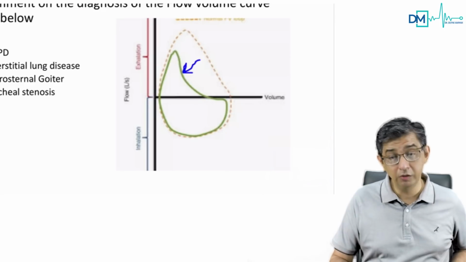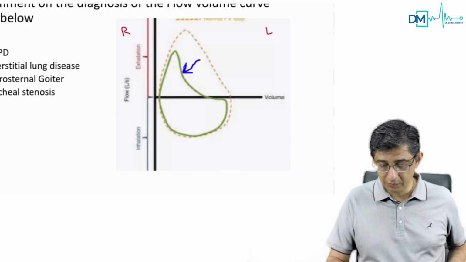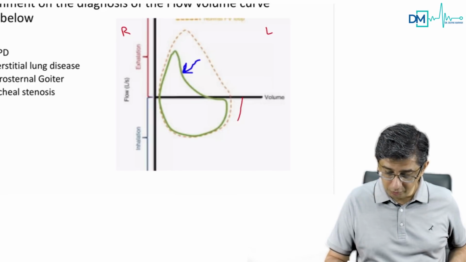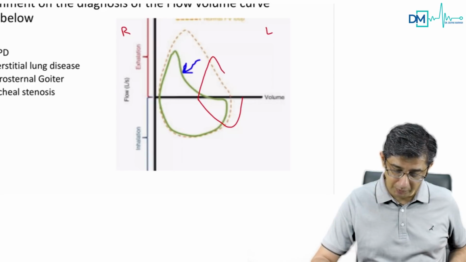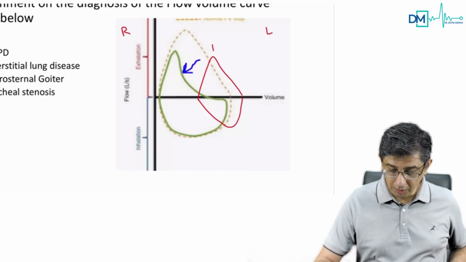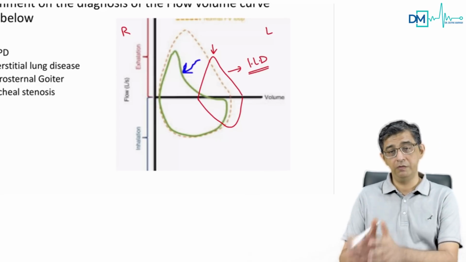Restrictive lung disorder, the curve will start a little towards, let me say this is left, this is right. So this will start slightly on the left, the lung volumes will be reduced, and then you will notice a beanie cap appearance. This part will be very pointed. In patients having interstitial lung disease, there is a shift of the curve. We will always give you a baseline curve.